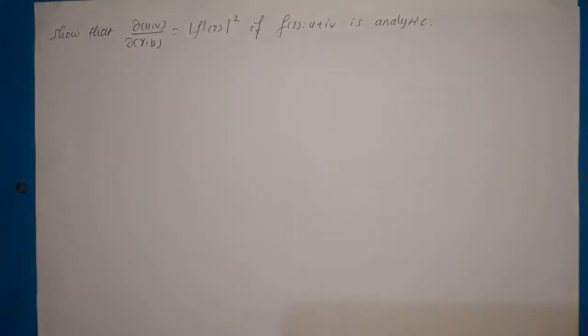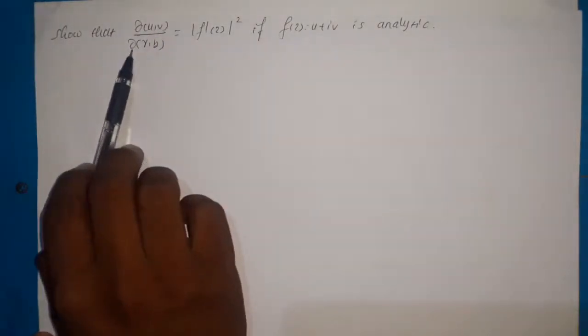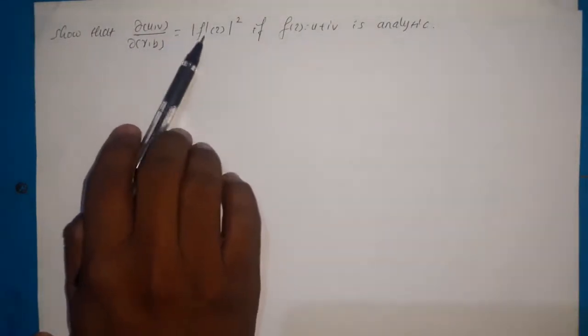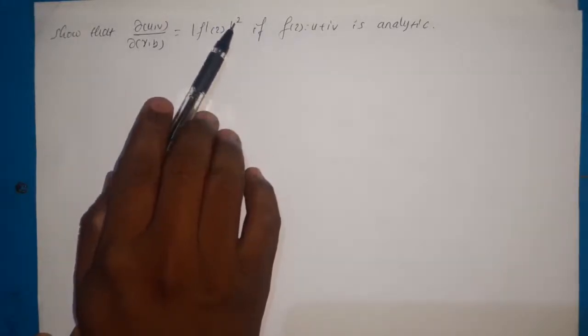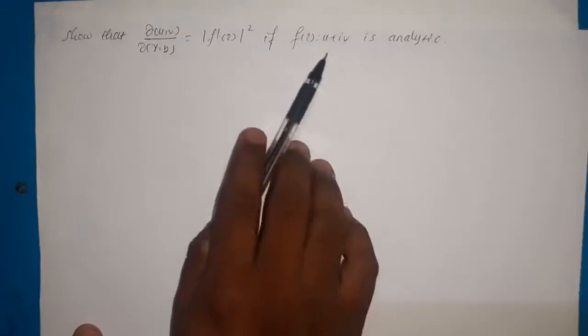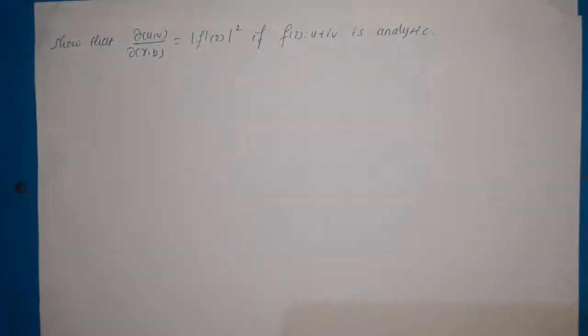Now, show that ∂(u,v)/∂(x,y) is equal to |f'(z)|² if f(z) = u + iv is analytic. So, here we are using 2 concepts. One is the Jacobian, which you have already come across, and one more point is the modulus of a